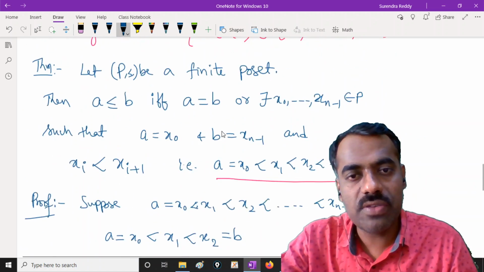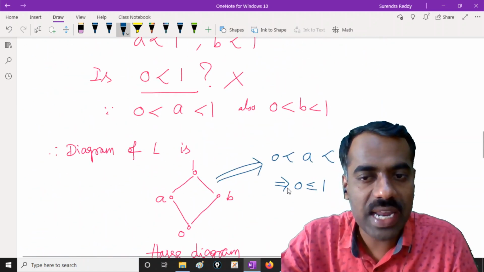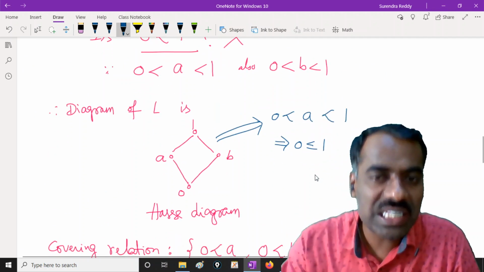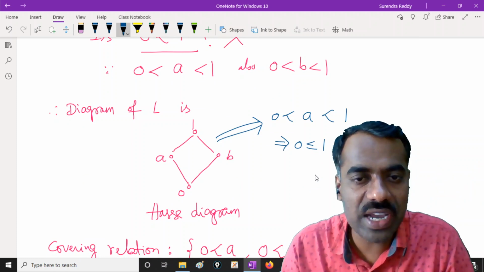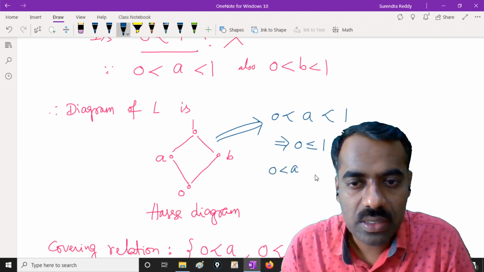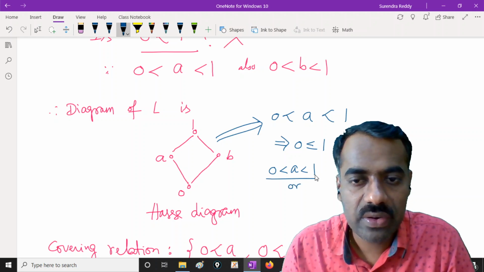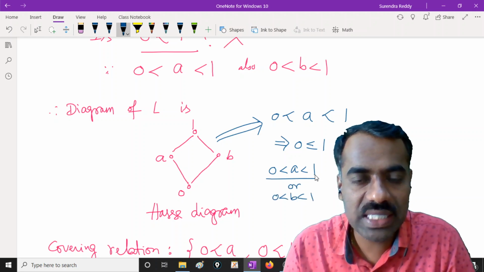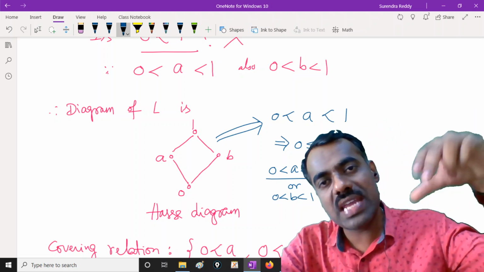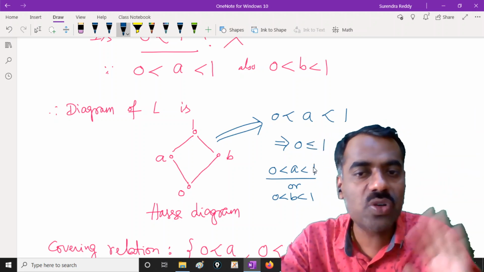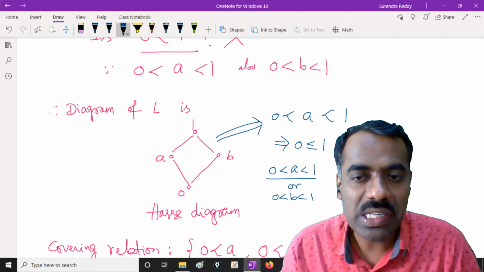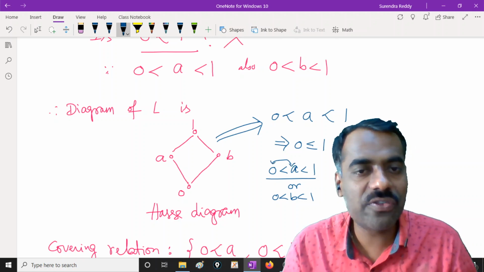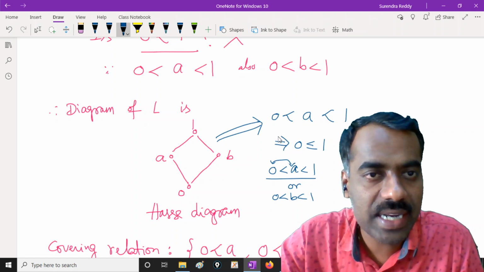That means if at all any elements can be put in, we will put them in and consider that. So if we quickly see this, 0 comma 1, right? 0 is less than 1. If 0 is less than 1, what is the chain you can provide? Simply 0 is less than 1, or you can provide 0 less than b is less than 1. Is this clear? We are trying to put in whatever elements are possible, and take that. That is going to be your covering chain. Why do we want to take the maximal one? Once you take the maximal chain, between these two elements we cannot put any other element, so therefore covering automatically exists, right?